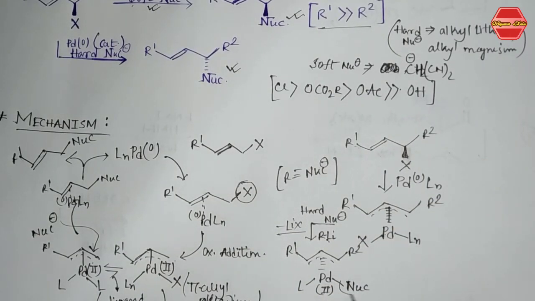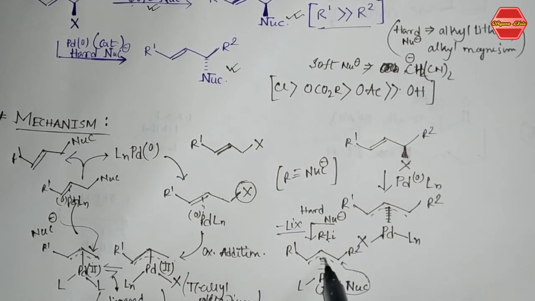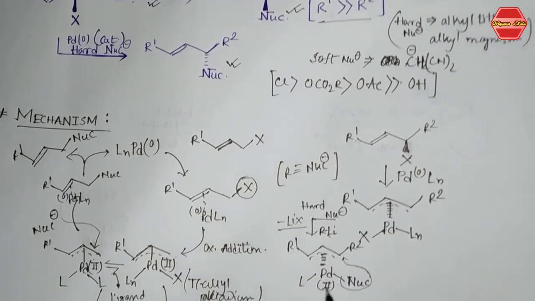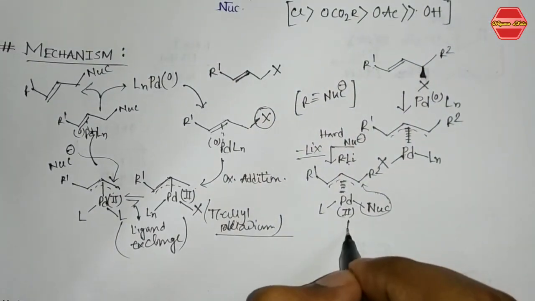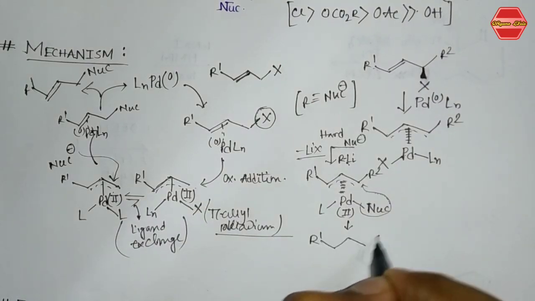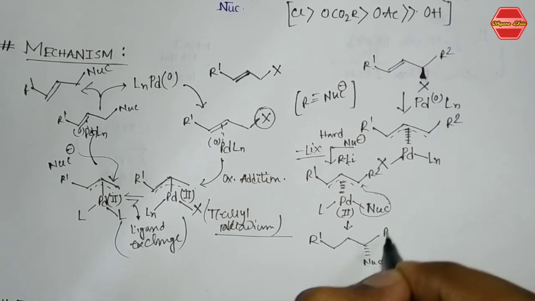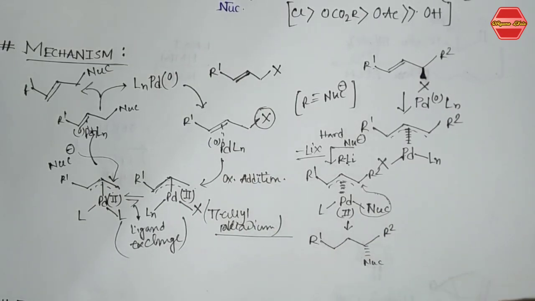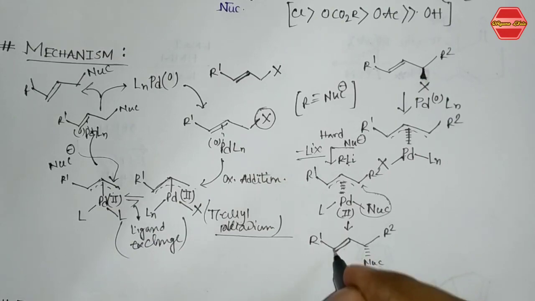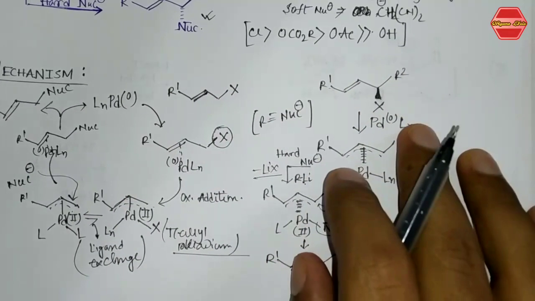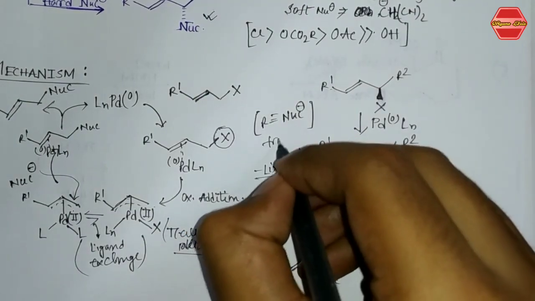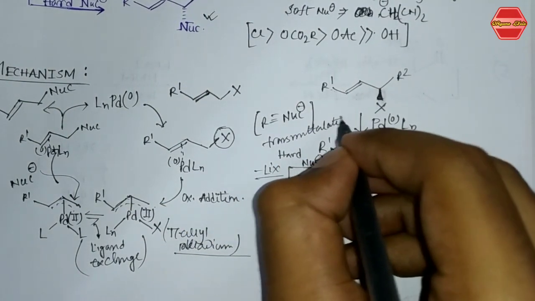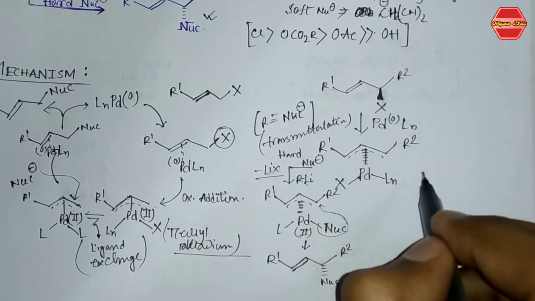Now this nucleophile directly attacks over here, because R1 is quite bulkier than R2. You can see this group is below the plane, so that is why the nucleophile also attacks from below the plane, because this palladium group controls these reactions. Finally you are going to get this product, that is nucleophile, and here is your R2, not above the plane. You get this nucleophile from below the plane, and here is your pi bond like this. So this is all about the case of hard nucleophile. The first step is the transmetallation, and the next step is the retention of configuration or reductive elimination, the final step.